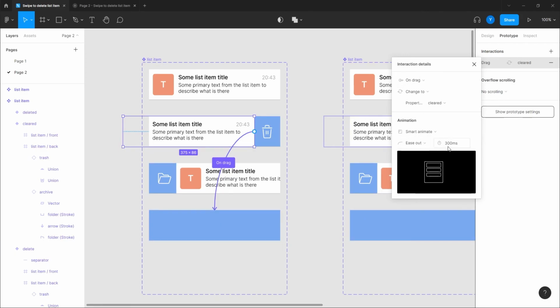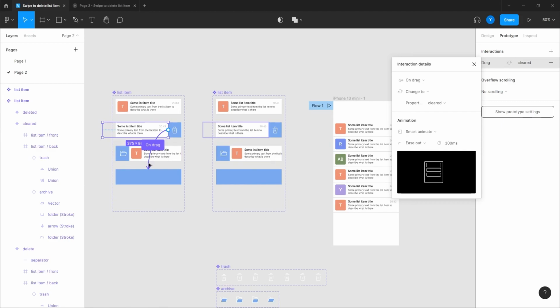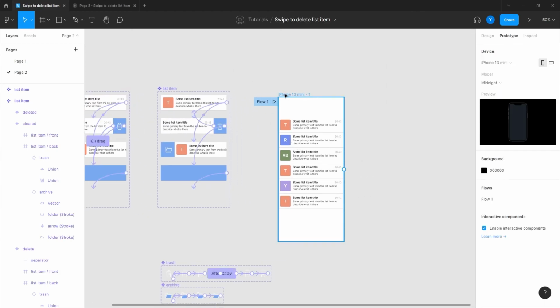On drag, yeah, I think it's gonna work fine. Let's do, actually, I'm connecting this one. If I keep on dragging it, so on drag, it's gonna lead to this one, which is gonna minimize it to this one. So let's make another screen.